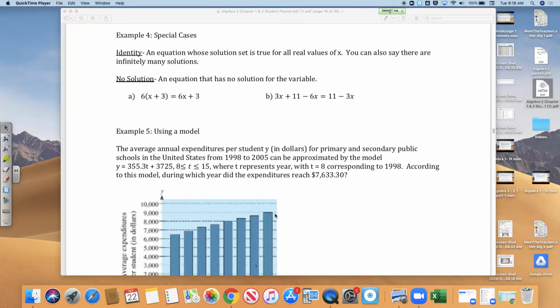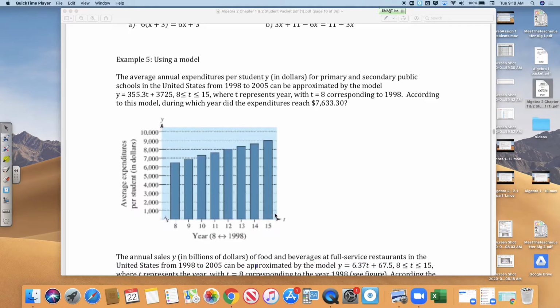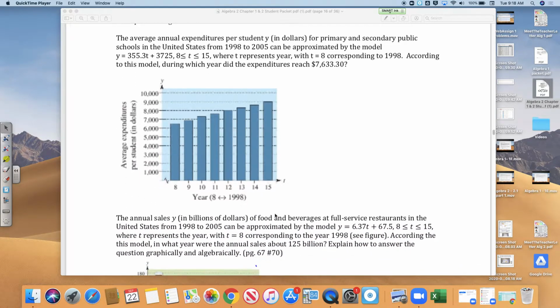All right. So the problem says, the average annual expenditures per student Y in dollars for primary and secondary public schools in the United States from 1998 to 2005 can be approximated by the model Y equals 355.3t plus 3,725, where t is between 8 and 15, and t represents the year, so like t equals 8 really means 1998. According to this model,